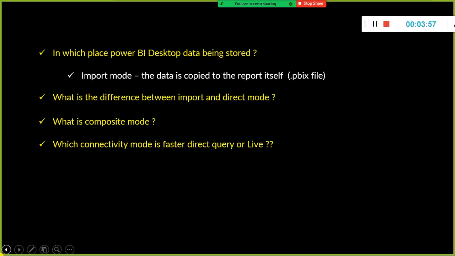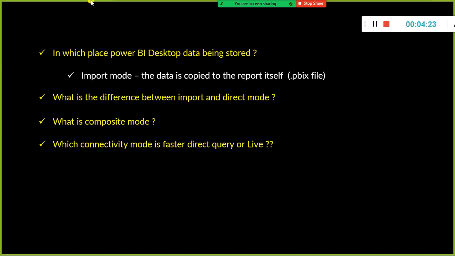I will show you how to connect to Power BI datasets, step by step, probably in today's session or the next session. We need to go in the proper flow. If I go here and there, you will get confused. I will try to see if I can show it here, otherwise we will see it in the next session.